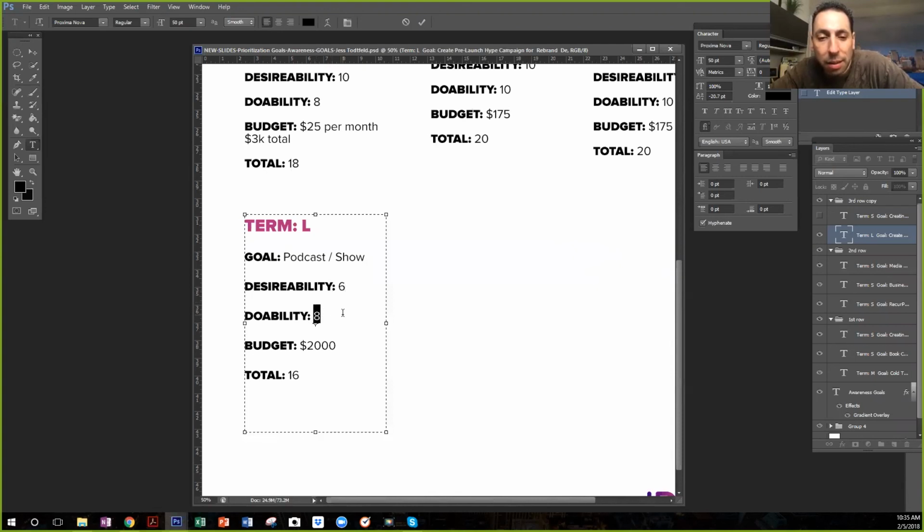Doability. To me, everything feels doable. It's like, which one I'm going to prioritize. I can do it easily. I'll leave it as an 8. And then the biggest budget is time. I have all the equipment. The Libsyn thing is like $20 to $50 a month or something, right? That's to syndicate it. Okay. In fact, one of the products that I'm going to be coming out with soon is to help people create a podcast. But hold on 1 second.